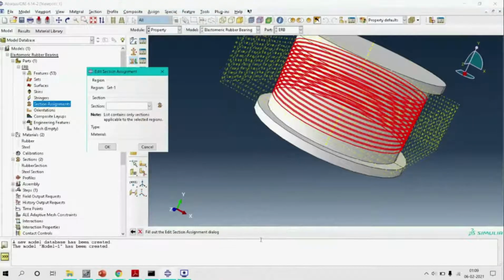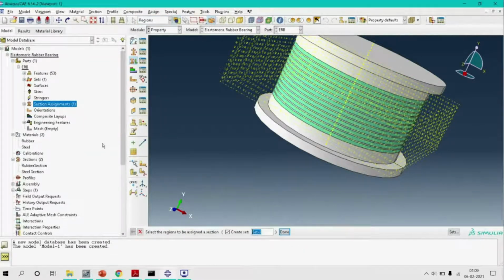Done. Now the section properties to this should be given as rubber section. Okay, now all of these layers have been assigned the properties of rubber. Now let's assign the remaining layers to be the properties of steel.